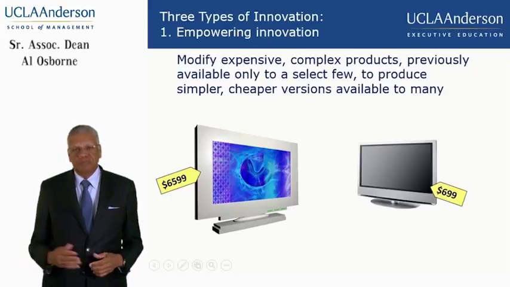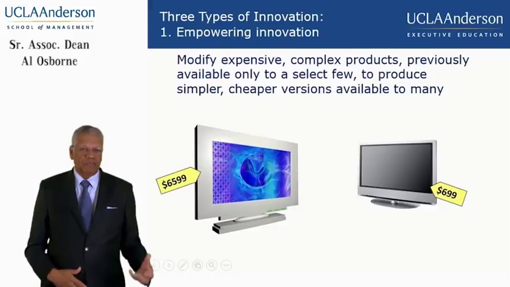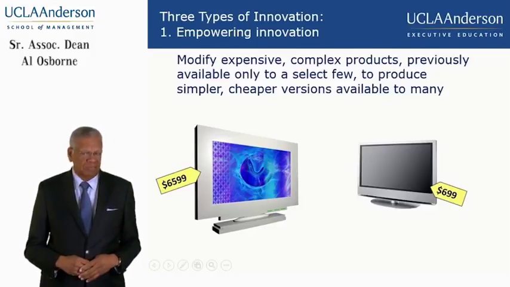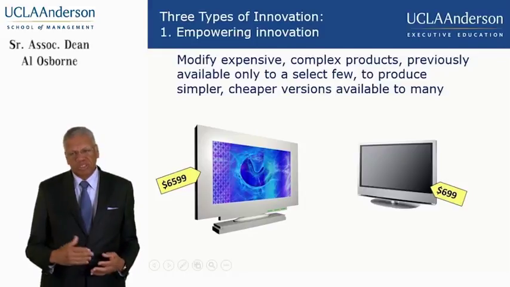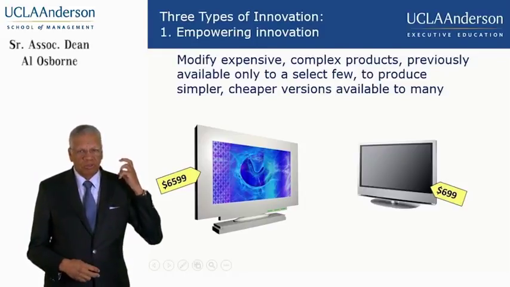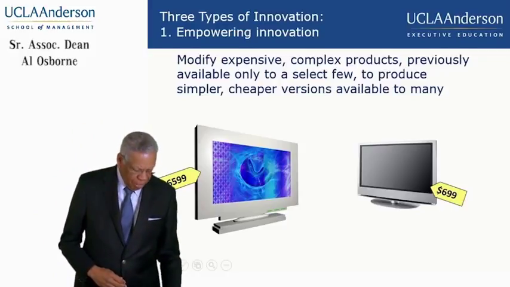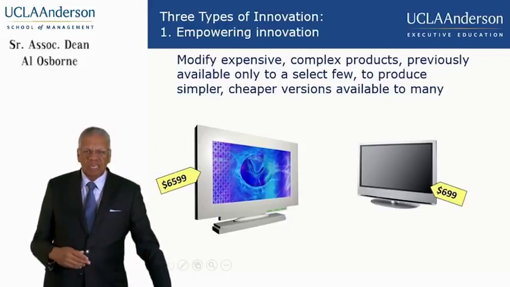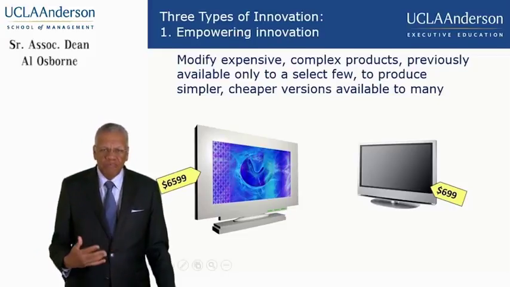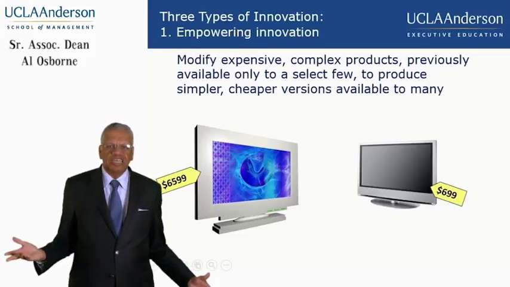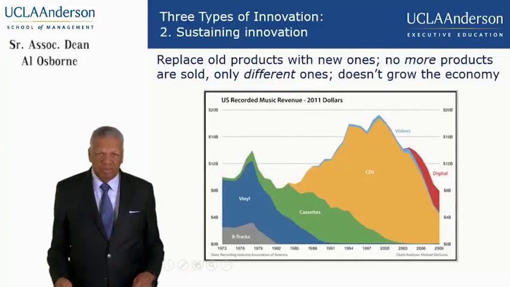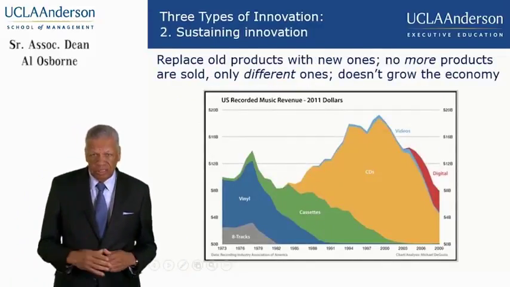Today, we all live with a very simple smartphone, for example, that does a whole variety of things, not unlike the television set. The smartphone was very expensive once. You remember a big device people used to hold to their ears, and even the old flip phone. Empowering innovations are simply those that make the complexity more available to more of us in society at a lower price. A second type of innovation is what we call sustaining innovation.